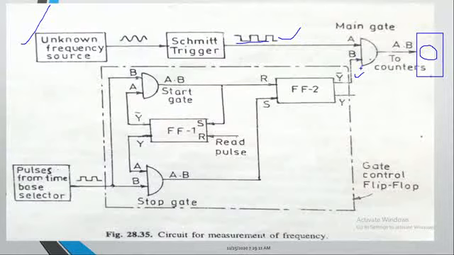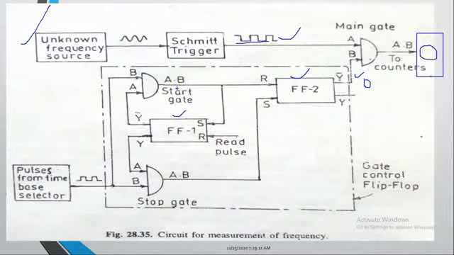Whenever we make the B input a 0, the counter stops counting the number of input pulses. So how do we make this B input a 1? That is decided by flip-flop 1 and flip-flop 2. So based on these two flip-flops,